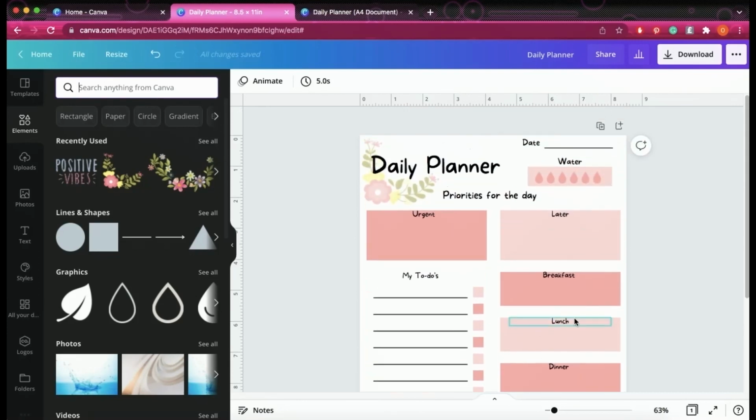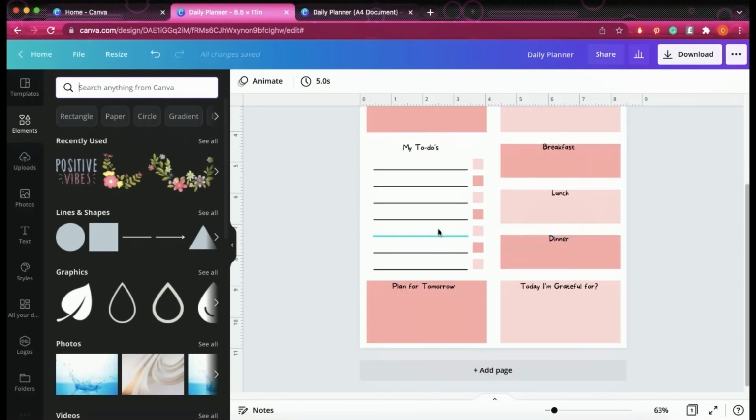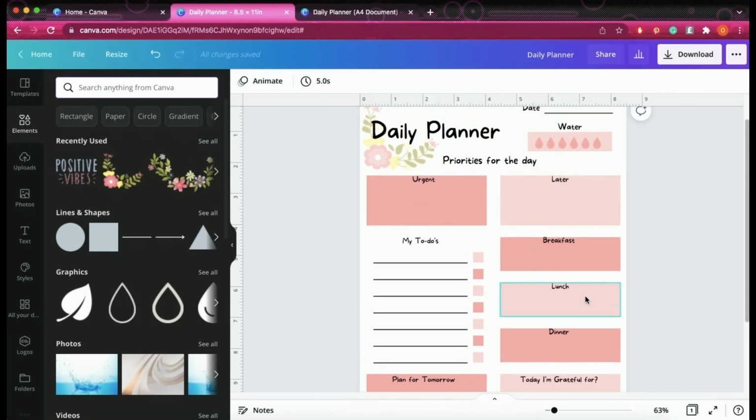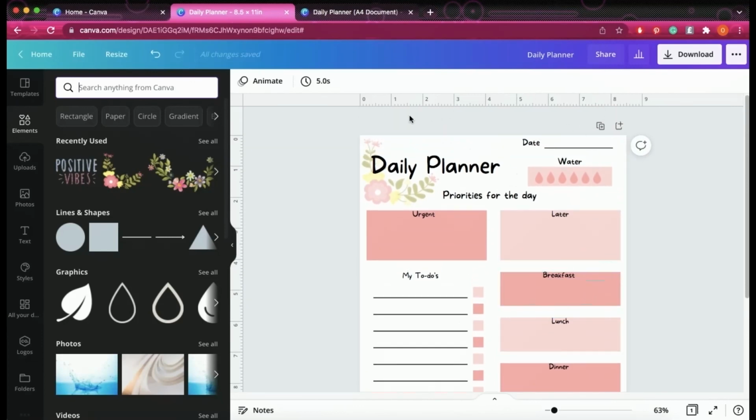I think it's nice, it's pretty, it's more catered to women, which I want, and I think it has everything that a daily planner would need. So I'm going to rename it Pink Flower Daily Planner. And what you want to do is click the download button,